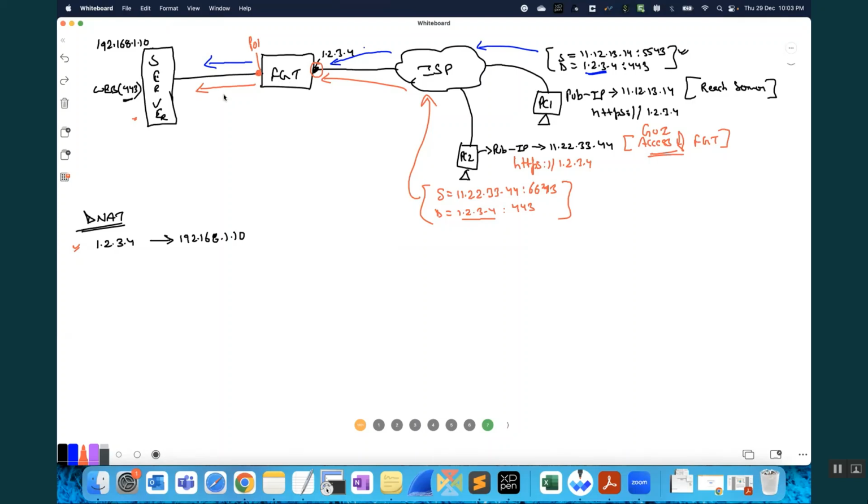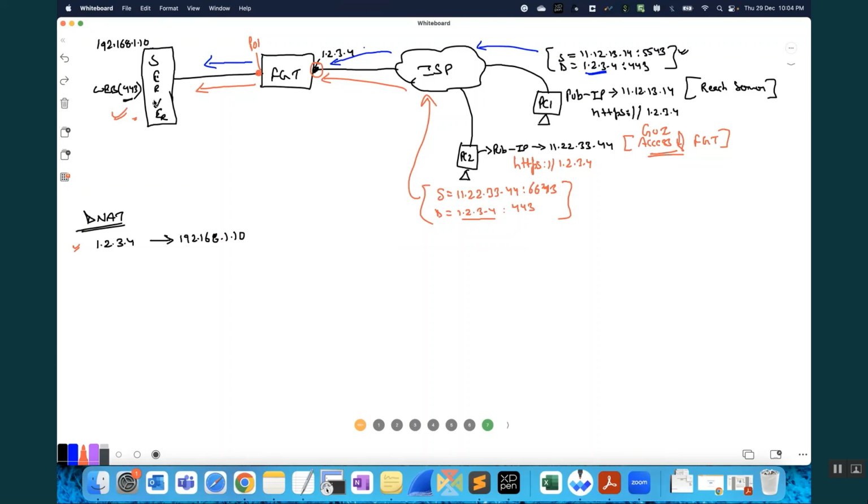Actually, it is forwarding that packet to the server. So where he wanted firewall access, he actually got the web server access. Yes. That is what I was saying. This is the challenge. Did you understand the challenge?